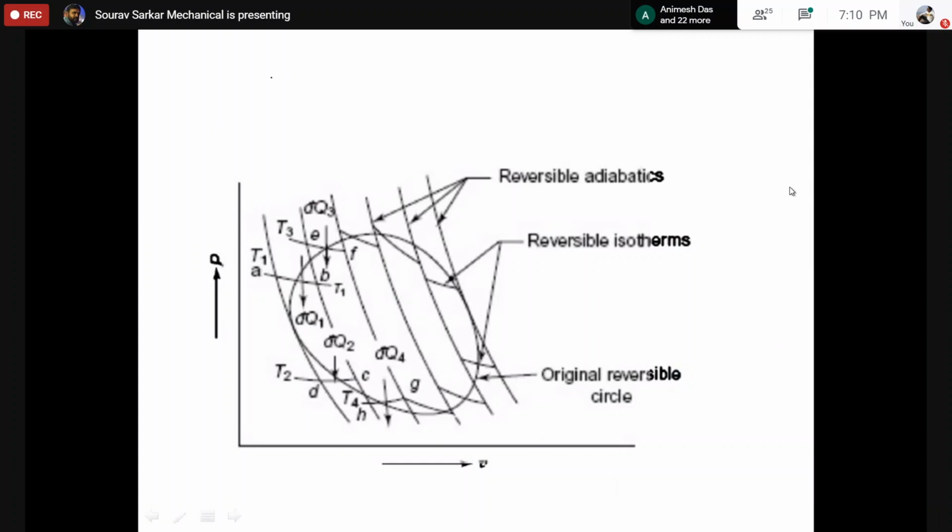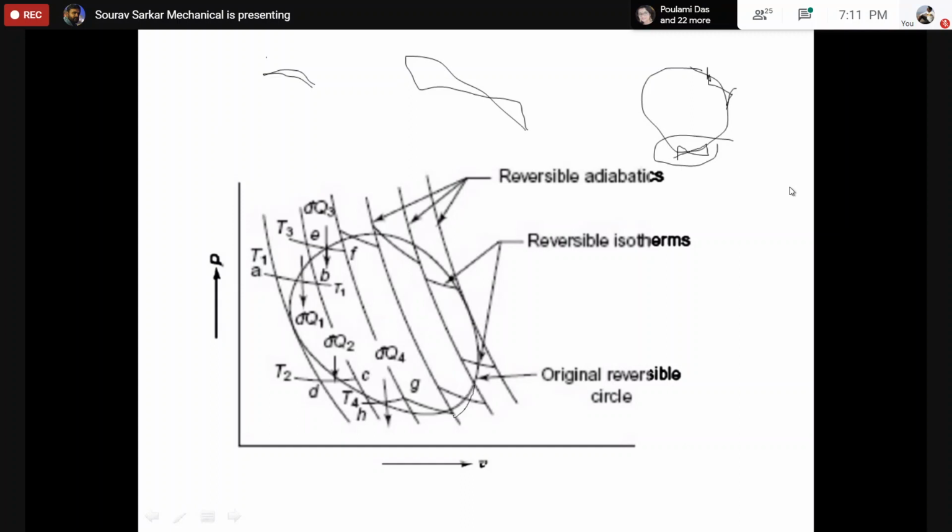So for that you have to understand this. If you have any process, suppose you consider this is the one process, this process can be drawn like this. So similarly, if we have a cycle, for each part of the cycle you can draw one adiabatic, one isothermal, one adiabatic. Similarly, if you have this part also you can draw it like this. This is one part, so it is isothermal, adiabatic, isothermal, adiabatic. So each part of the process you can fragment into several.